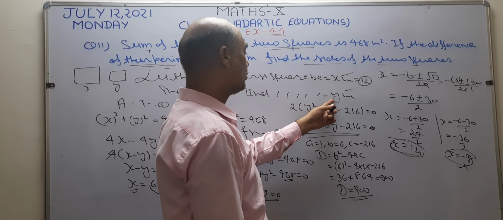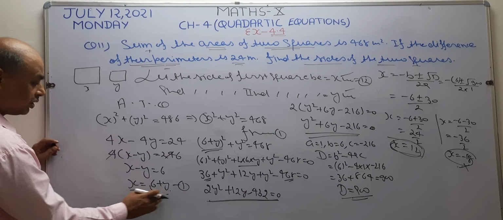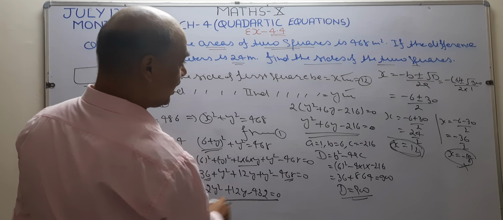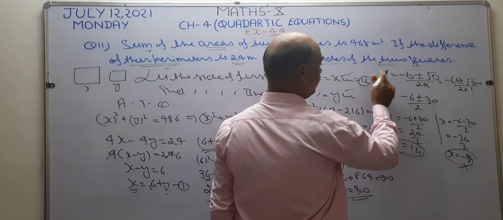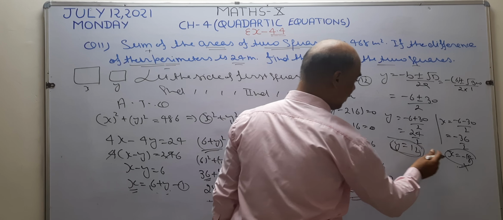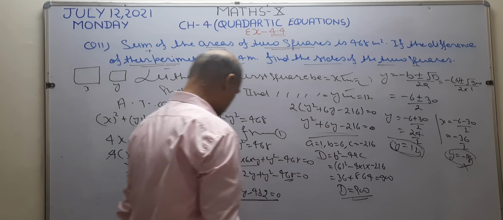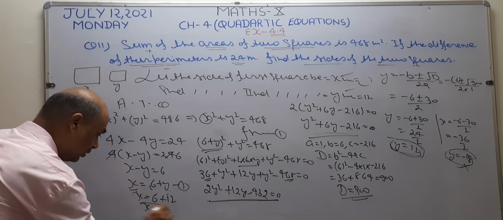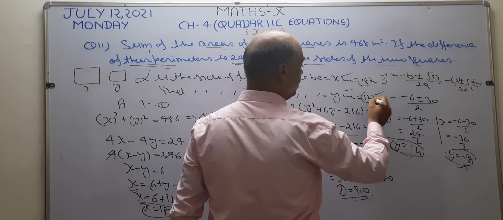Now I want to find the side of first square. I want to substitute this value 12 in equation number 1. See, I want to substitute this value of y. Since this is the y variable, you have to write here letter y, because our equation is in y variable. So this is the value of y, not x. So value of y is 12. 12 plus 6, as you know, becomes 18. So side of first square is 18 meter and the side of second square is 12 meter.